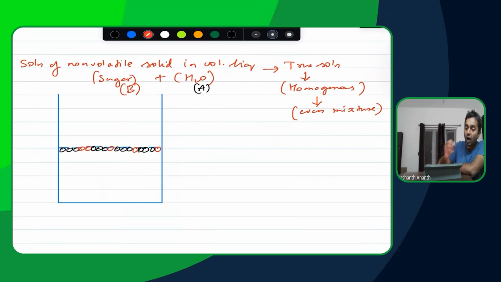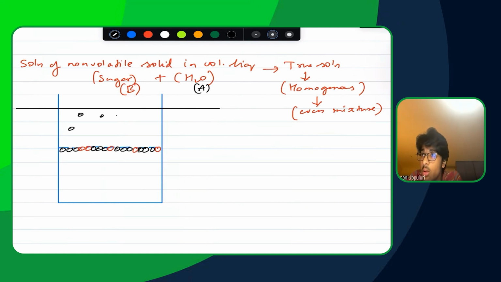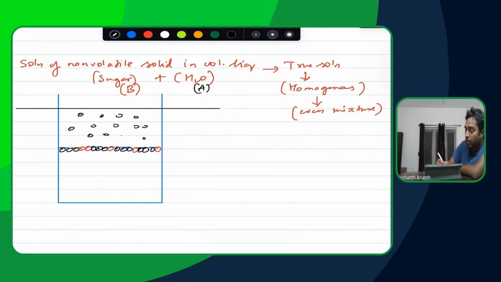now let's try to understand how evaporation is actually going to be happening and how vapor pressure is actually going to be really created. So let's say I'm putting a lid on top of this. So the lid is put over here. What happens is you're going to be having water molecules getting collected. Now the only problem here is this. The water molecules which are getting collected here are lesser in number. Mainly because evaporation,